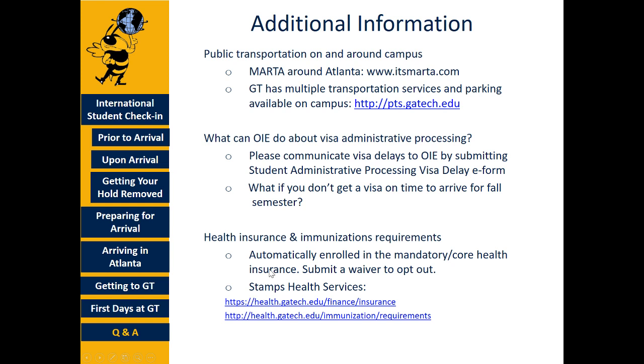All F and J students are automatically enrolled in the mandatory core health insurance. However, if you have an insurance policy or if you found a health insurance policy that is comparable to what Georgia Tech offers to international students, you can submit a waiver to opt out of it. Please note that OIE does not oversee health insurance or immunizations. I have provided the two links here for you to visit: